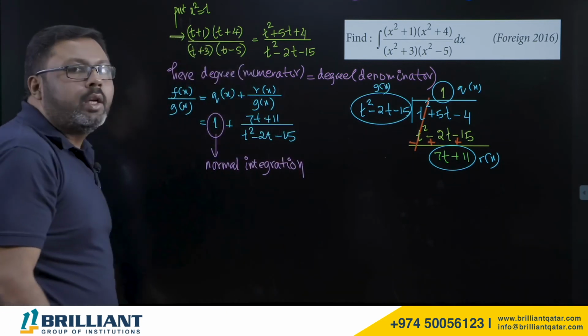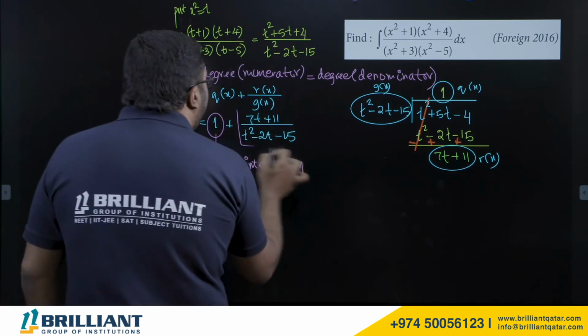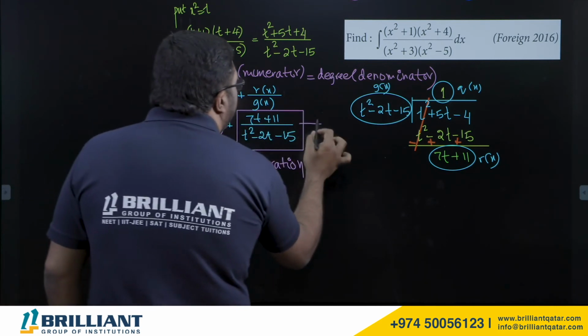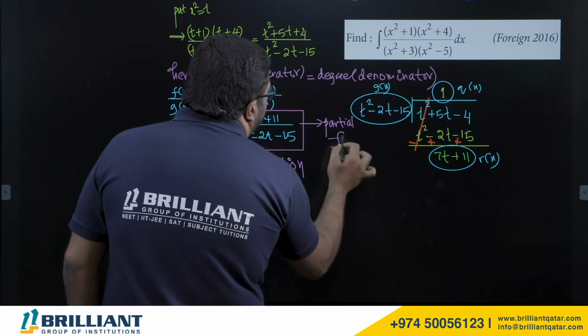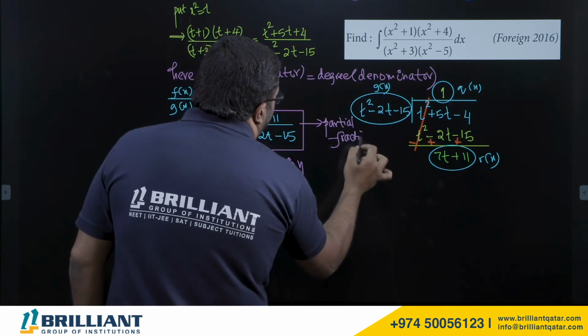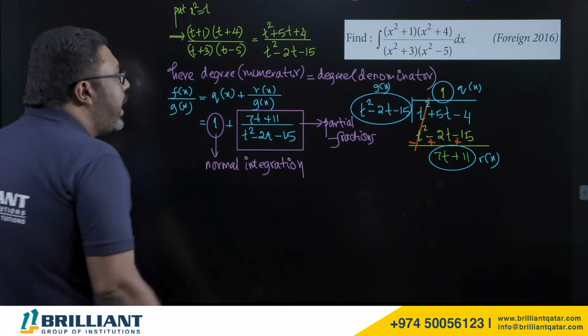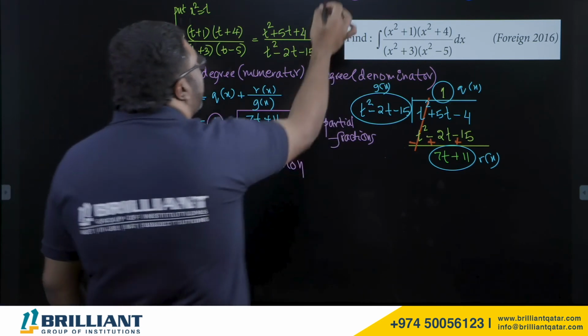The first part is normal integration. But the second part is what? The second part is partial fractions. Okay, so I'm going to do the partial fraction part first, and then I will come back and do this